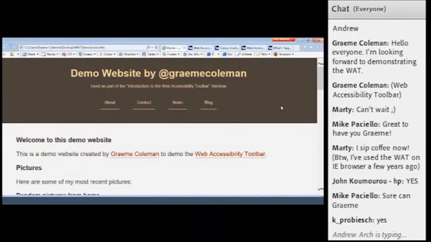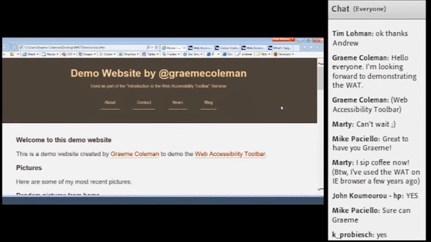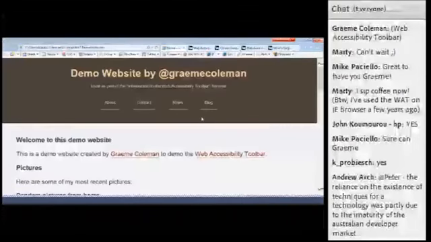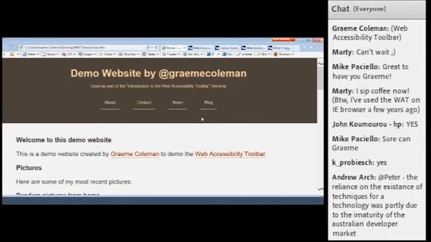It also facilitates the use of third-party online applications. So rather than going through multiple URLs to find things and to copy and paste your source code into, let's say, the W3C validation tool, there's a quick link within the Web Accessibility Toolbar to actually go ahead and check it from the toolbar rather than go through multiple windows. So that can be a bit of a time saver in that respect.